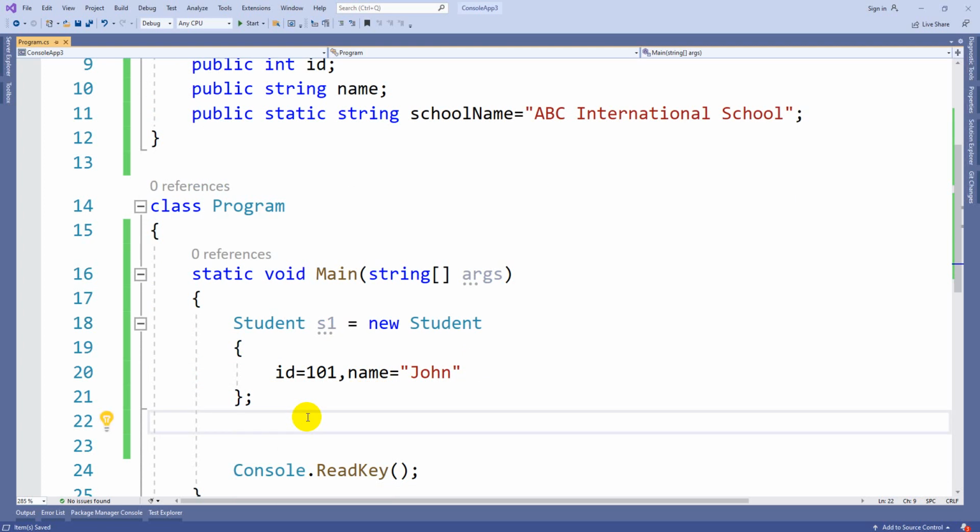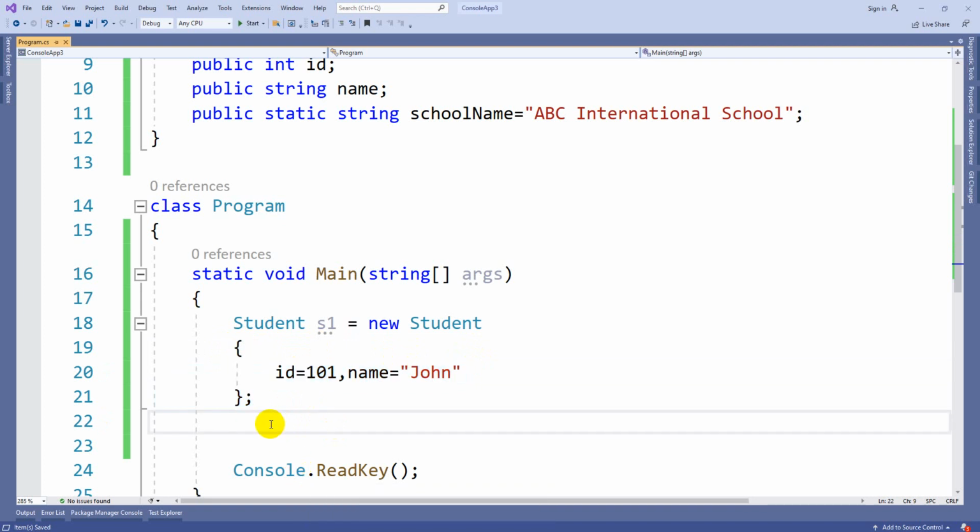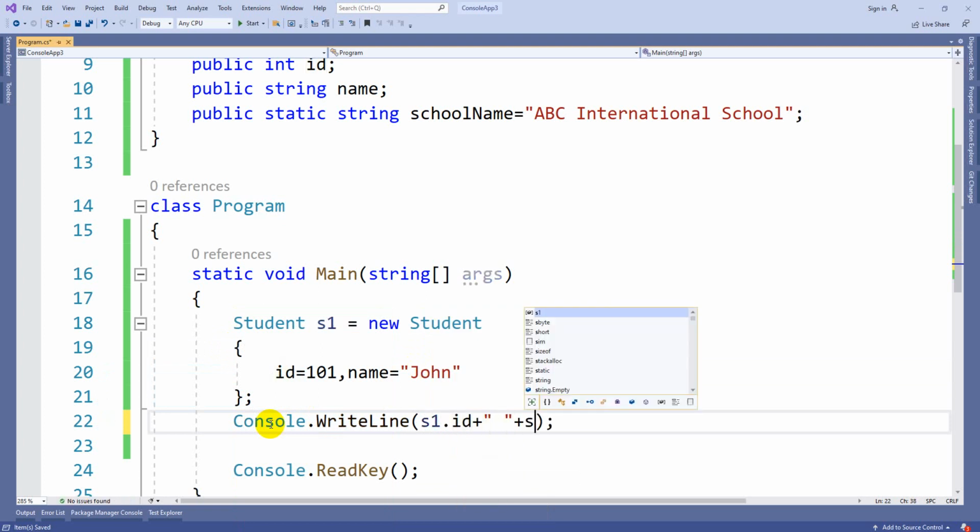When you have only variables, use this kind of thing instead of s1 dot every time. So here I can print s1.id plus s1.name. Like that we can print the data.